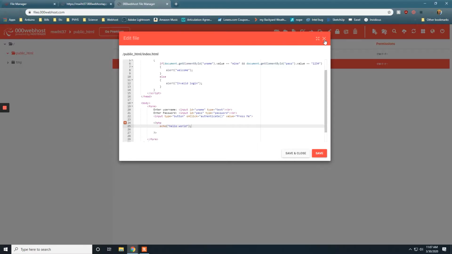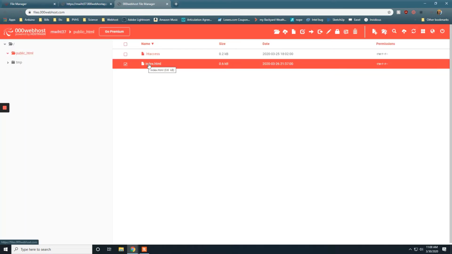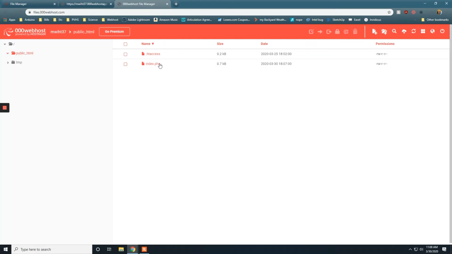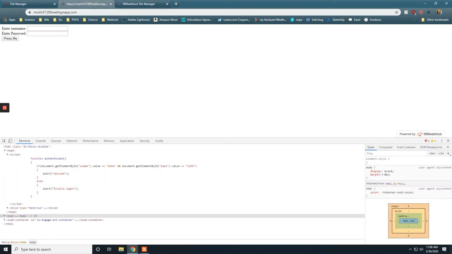So let's go ahead and close this. Here you can see my page is still called index.html. So what I'm going to do is right click on that and select rename. And I'm going to change the HTML part to PHP. This tells the server that this page contains PHP code that will need to be processed before it is sent to the user. So here, if I go back to my home page,